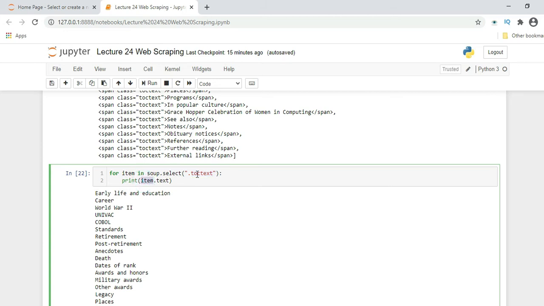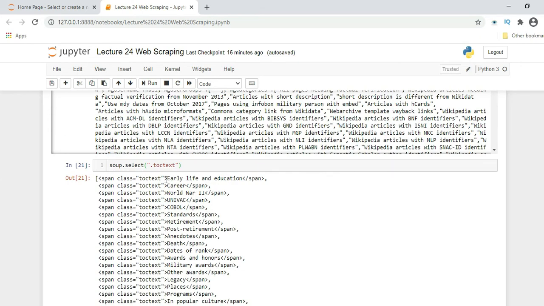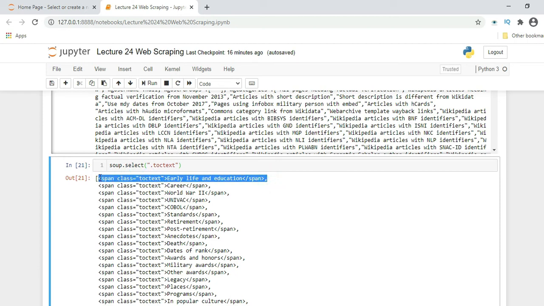Let's say there is a list of 100 items. First it gets stored into item, dot text, and it prints. Similarly it goes for the second. Here if you see the result: early life and education, then career, World War, UNIQUE, COBOL, like that. This is the same thing which is visible here, only here we are extracting the text, and here it is coming with the HTML tag like span.